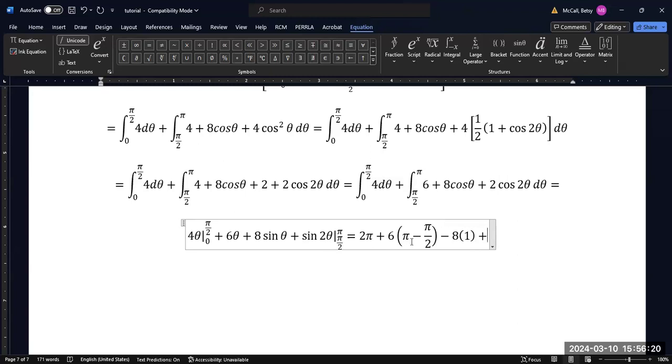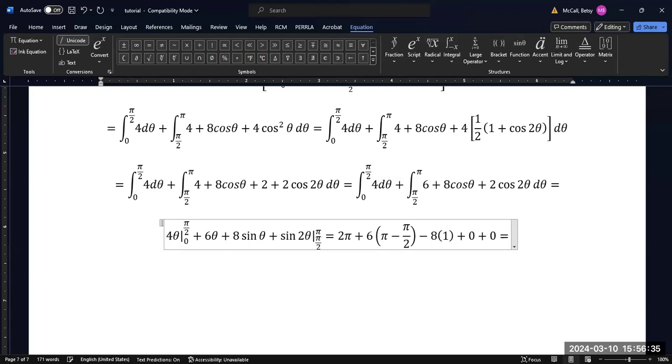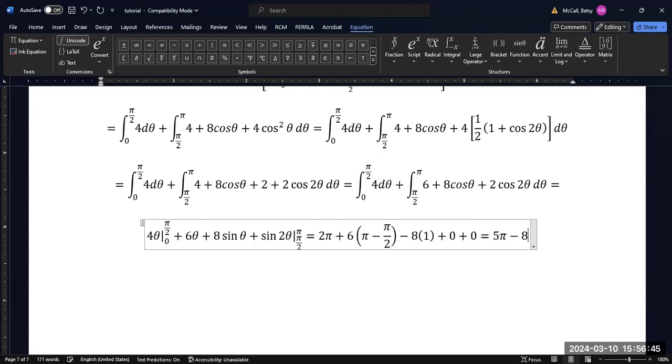And then when you plug in pi into sine of 2 theta, you're going to get 0. And when you plug in sine of pi over 2 times 2 into that, you're also going to get 0. And so we're going to end up with, let's see, pi over 2 times 6 will be 3 pi. So that'll be 5 pi minus 8